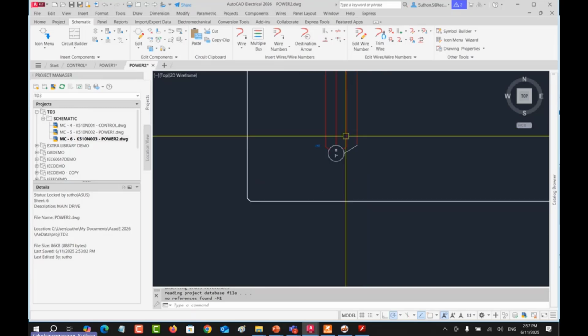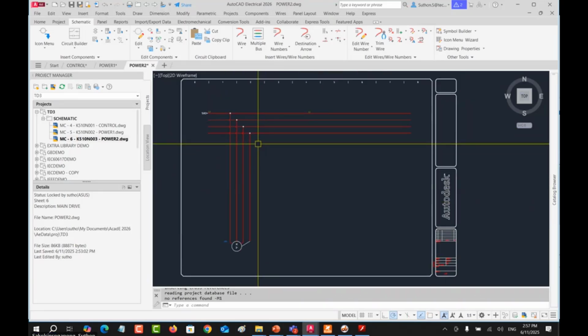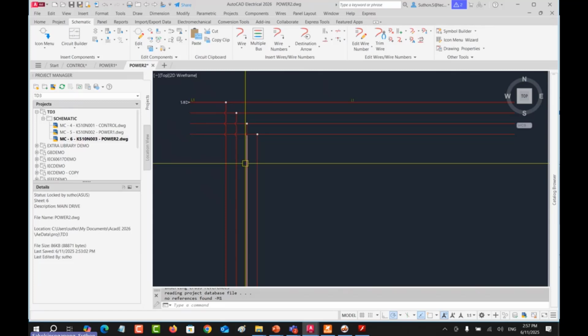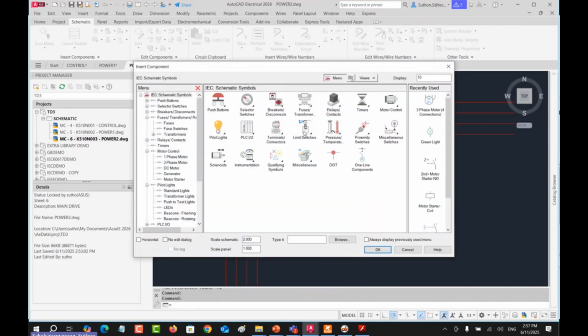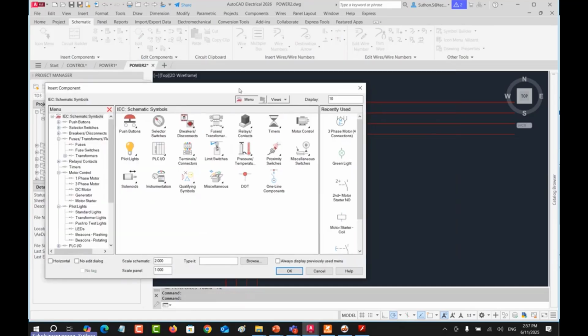Quite easy, right? For the wire number, it's easy as well. But before that, you should add the component to finish. And you should remind yourself that you should assign the wire number as late as you can, right?